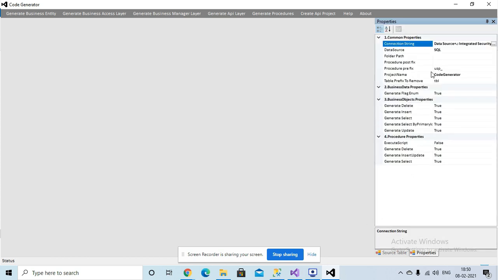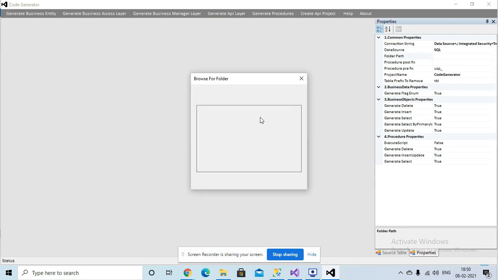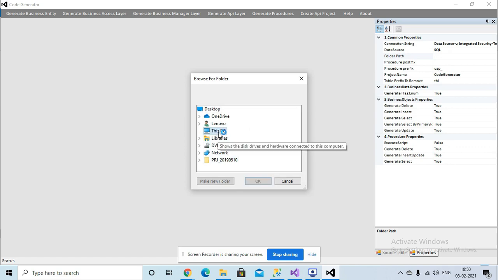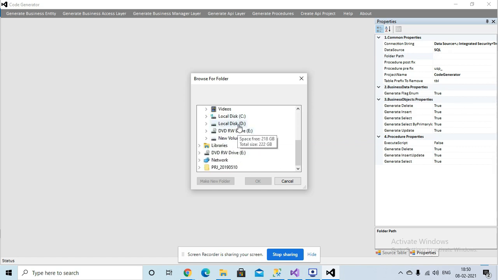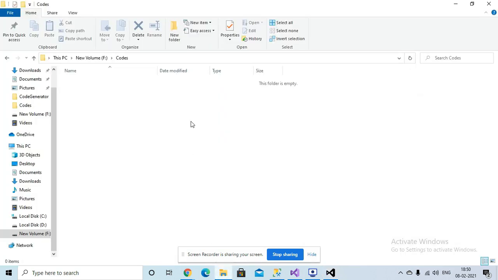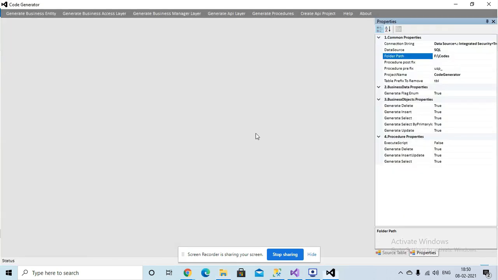Before generating the code, we need to configure some properties, such as where you want to keep your code once it is generated. Here I am providing a code folder, which is an empty folder.